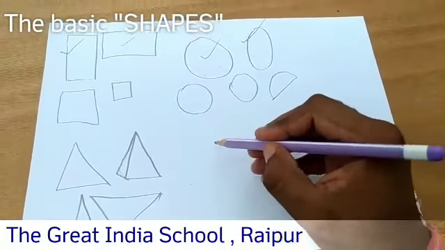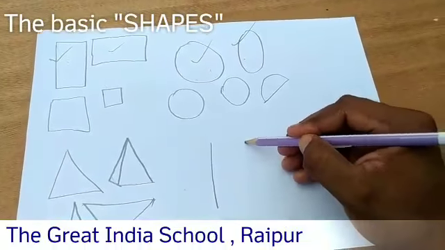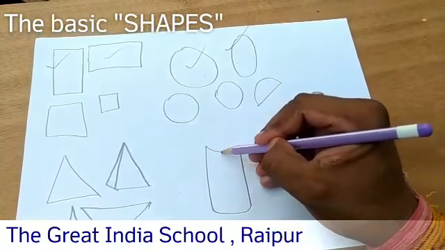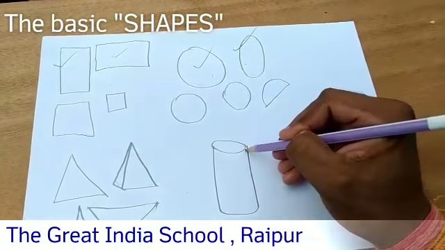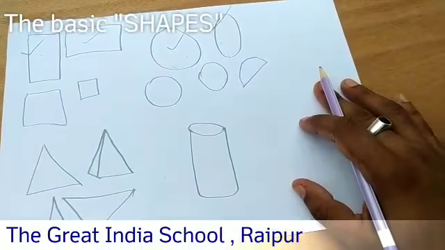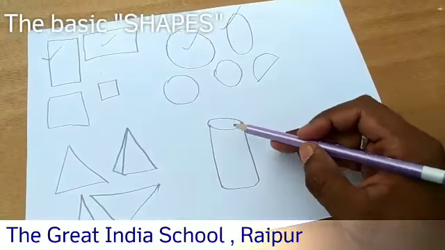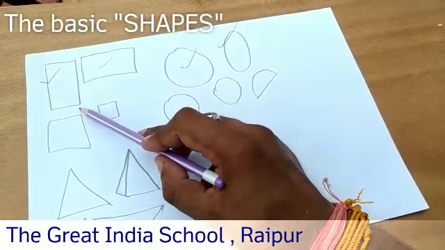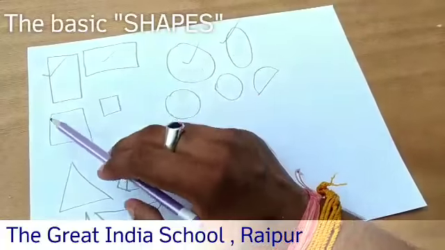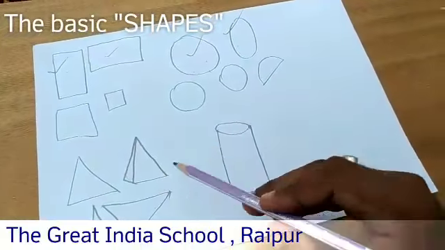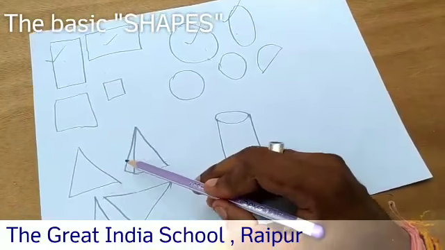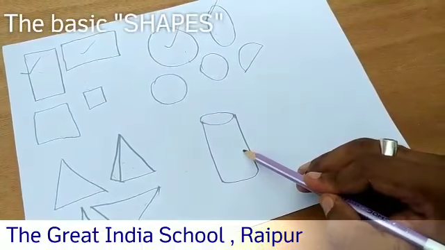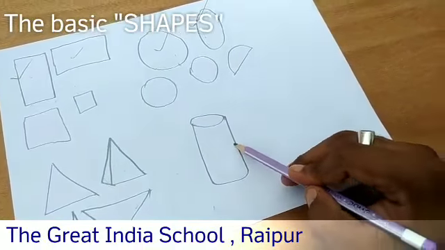So I will show you how. Cylinder shape means two parallel lines, one curved line and one oval. This is the cylinder shape. You can also see the three-dimensional view in this picture. This is the 2D form; you can see it's just lines creating the shape. But in this triangle, it seems like a pyramid. It's like a 3D form. The same thing we are using here. So this is the cylinder shape.